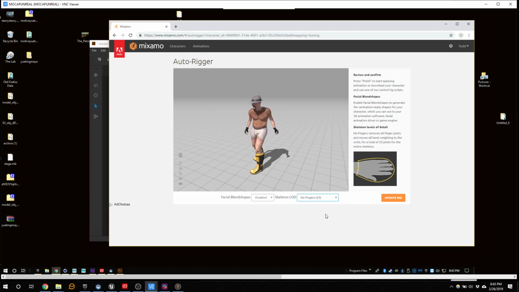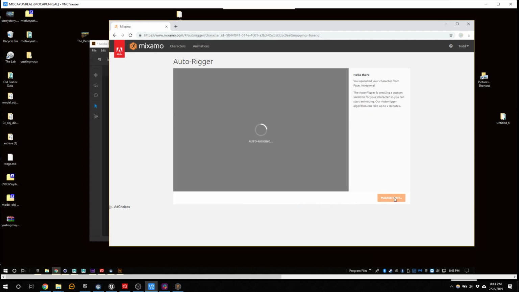And for characters, if you want to go mobile, you don't want that many bones in a mobile game, so that's why we have less fidelity. Or if it's an NPC that's in the background, you don't care about having that kind of data. But if it's our main character, maybe we want to have all of the fingers done, and then it'll update it, and then it is ready to apply animations for it. Okay. Now,